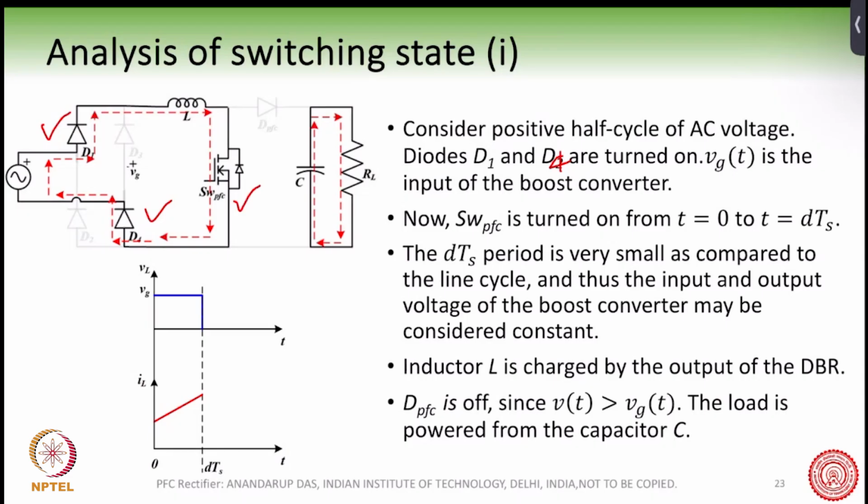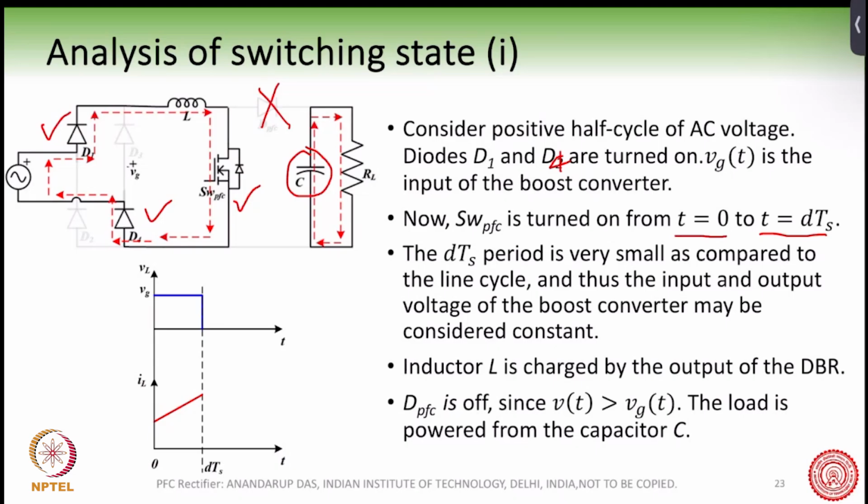Since the capacitor voltage, the voltage at the output, is more than the instantaneous input voltage, the diode will be reverse biased, and therefore the diode will not conduct during this time. And this time we are defining as t equal to 0 to t equal to d times Ts, where d is the instantaneous duty